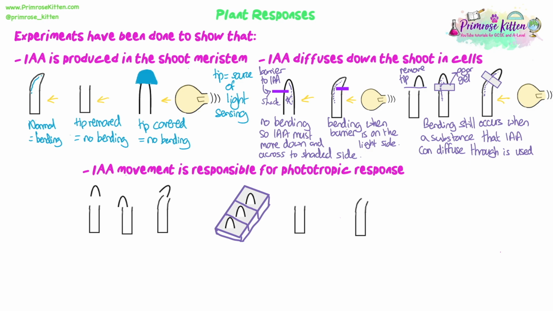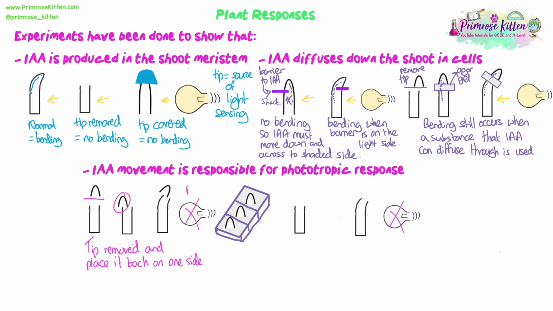And then we need to link this idea that the IAA distribution, that movement of the IAA, is causing the phototropic response. It's linked to light in some way: the movement of the IAA down one side or the other is linked to sensing light on one side and shade on the other. So if you physically remove the tip and place it back onto the shoot at an angle, so it's only on one side, and you put the shoot tip in complete darkness, so there is no light there,